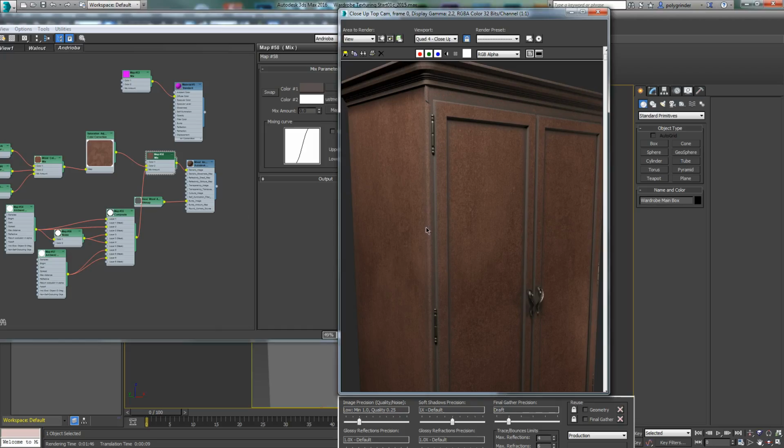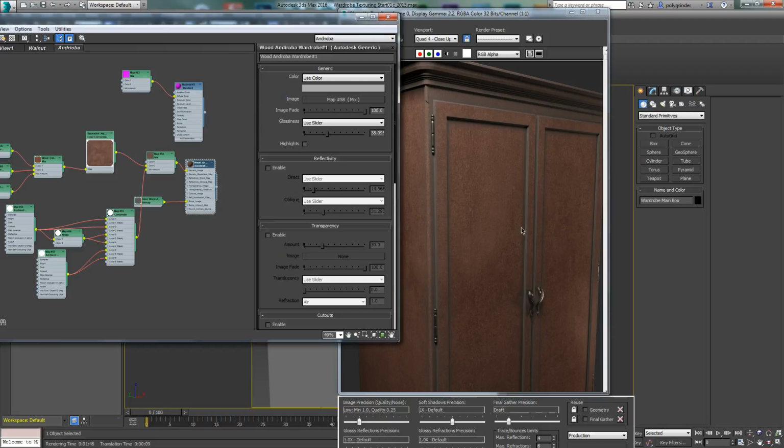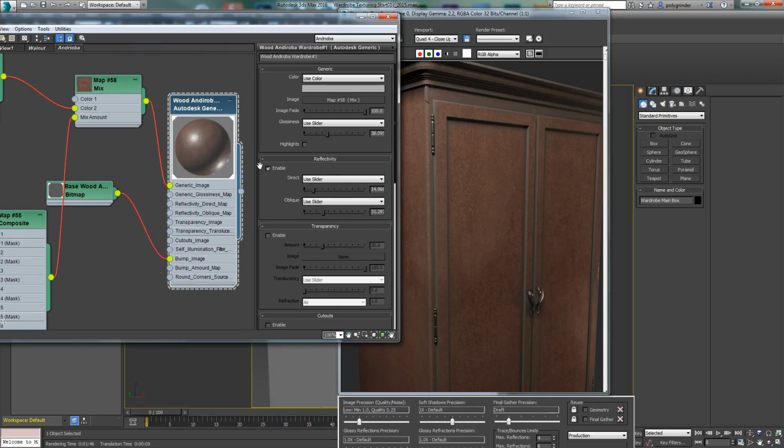Okay, the next thing I want to do is to come in and start giving this wardrobe some kind of a finish, because right now we've just been using it as just a matte without any kind of gloss in it, and I want it to, it's been enameled at some points and got some lacquers on it. So we're going to come in here and turn our reflectivity on. You can see